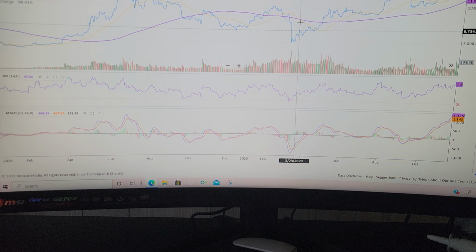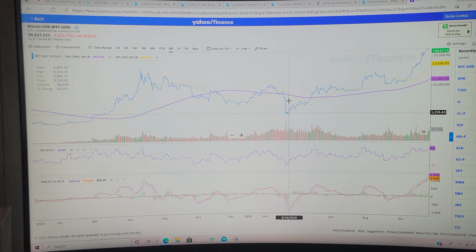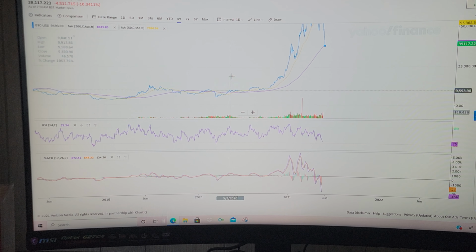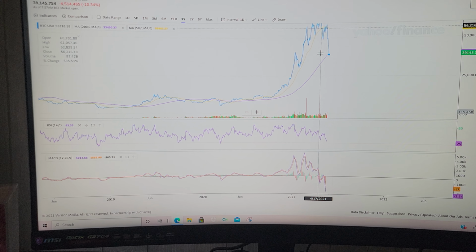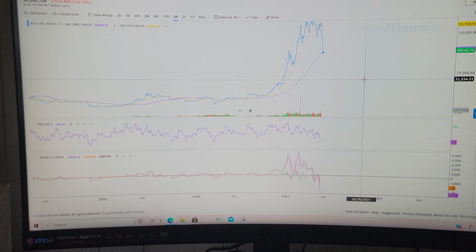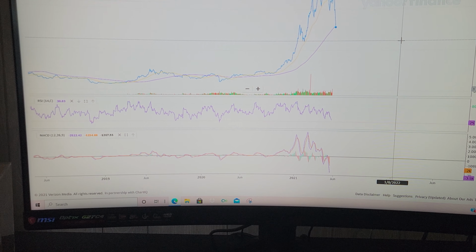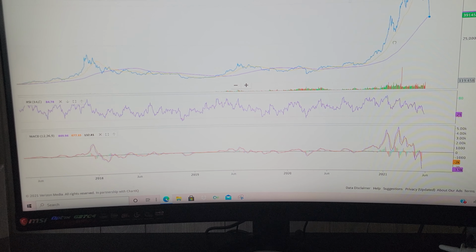When the yellow line with that purple line crosses right there, that is a death cross, okay? That's when you're like, ooh, that's bad. So this may happen again, and because Bitcoin was so inflated, like look at that, there's a high chance of it death crossing and meeting back in the 18,000 range. It is possible. I mean, it's okay. It is what it is.